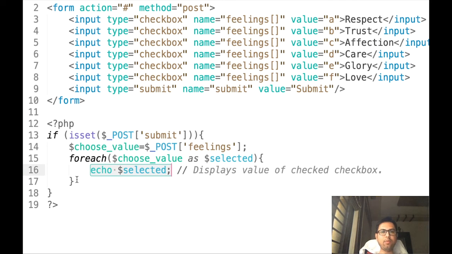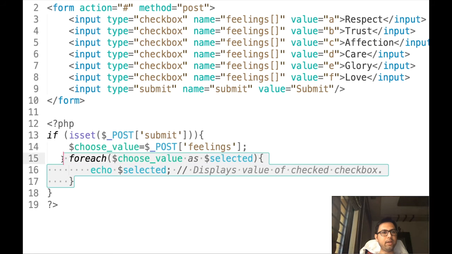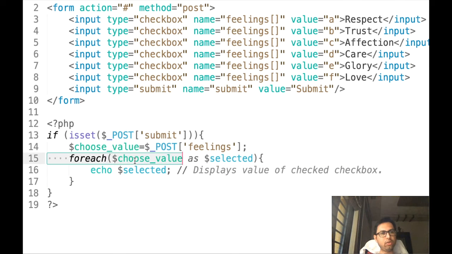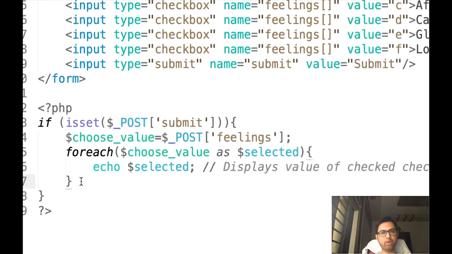Next time, if more than one value is there, then again the control goes to this fifth line, the second value is extracted from over here, assigned to selected and printed using the echo statement. After that again the control goes to the 15th line, and if now the array is empty, then the foreach loop is going to break, and ultimately the program is going to be terminated. So this is how this program is going to work.